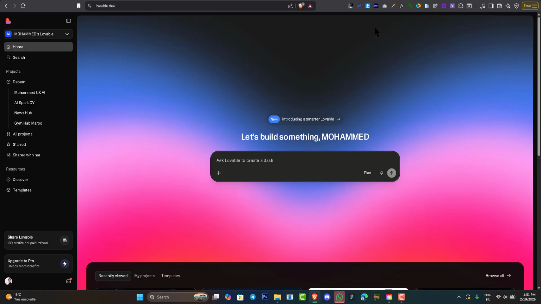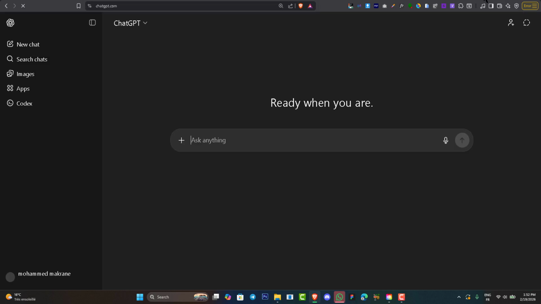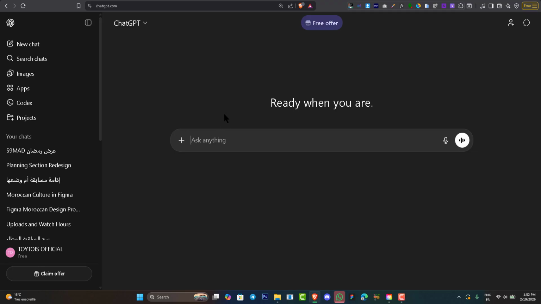Of course, before building something in Lovable, we're gonna need a very organized prompt to input here. So how can we make an organized prompt? First, we need ChatGPT. Yes, we only need AI. So let's say we want the portfolio